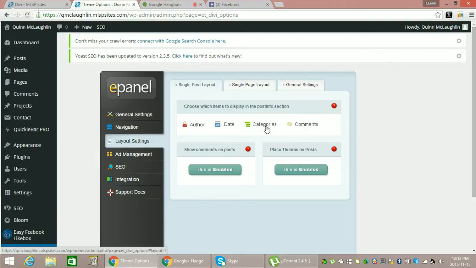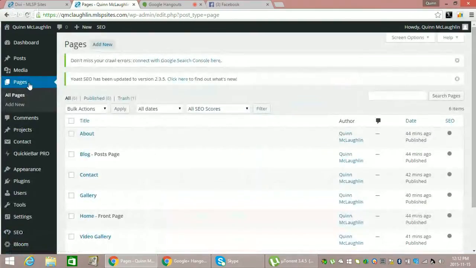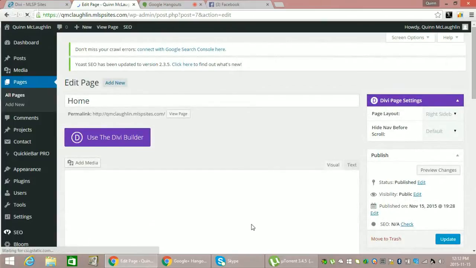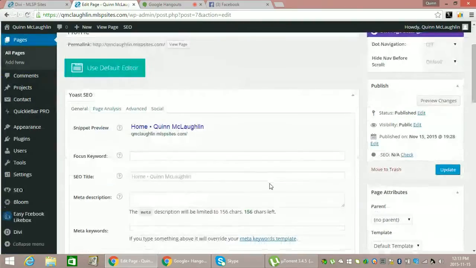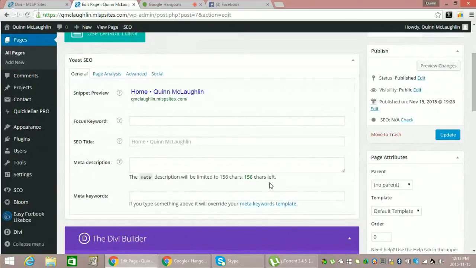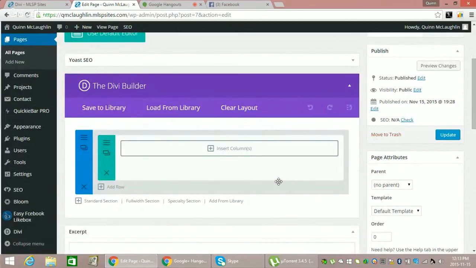Okay, so let's go to pages. And go to home. And this is one of the reasons why you want to use this theme. So if you click use the Divi builder. And you can close that Yoast SEO thing. Click the drop down arrow. Cool. So this makes it so that you can easily put things into your site pages, and you can actually